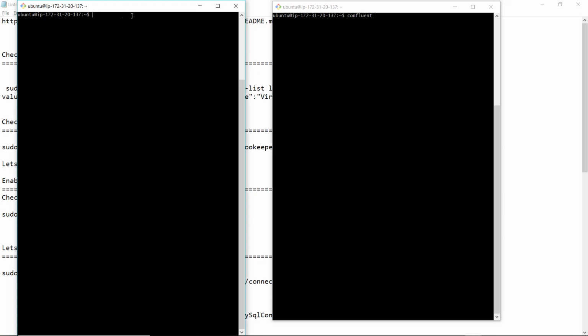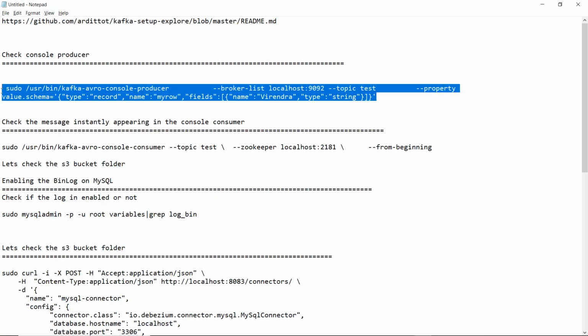As I said, let's treat this first one as our Kafka producer. I'm going to copy this command, where we are using one of the APIs and starting it on port 9092, and giving the name of our topic as test. We are also setting how we want to send the message. We are saying that the type of my message will be record, and then I'm giving it a name, and I have just one field